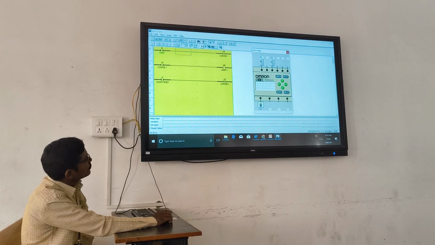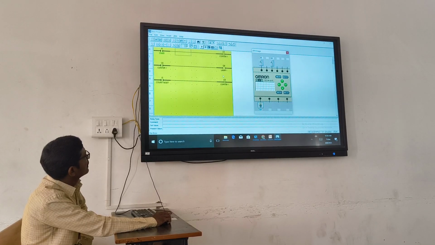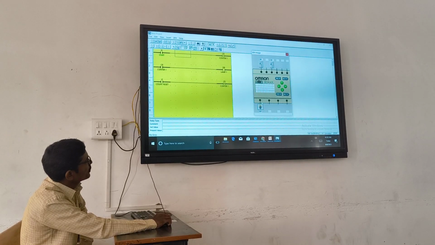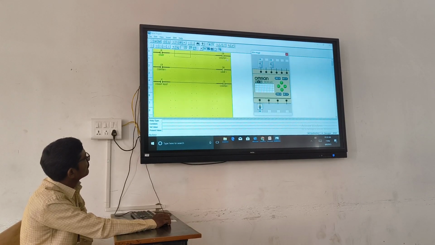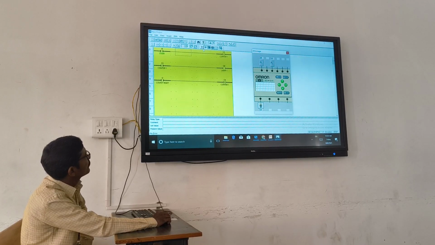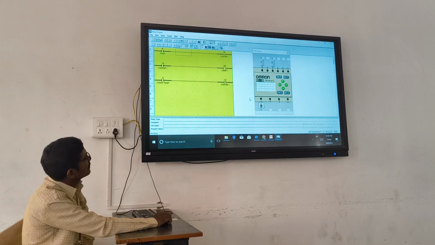And the next one, I2, is the reset push button for resetting the counting operations. We are also using the lamp as the output device. When we complete the 5 count, it will go on. Now we are going to see the program.